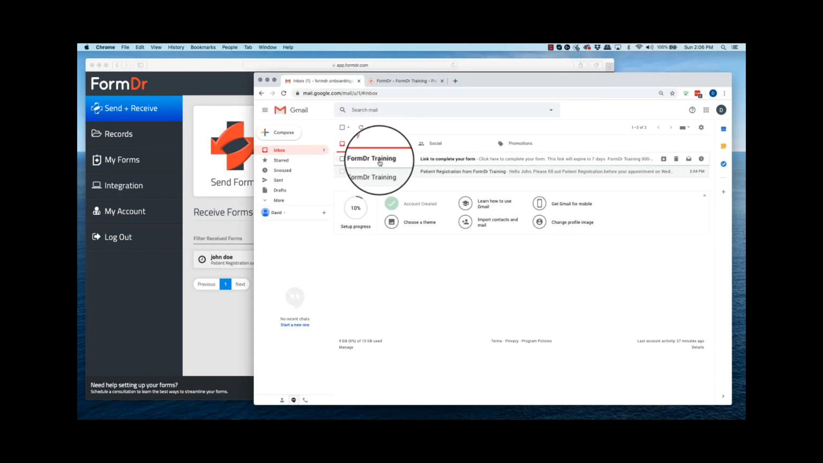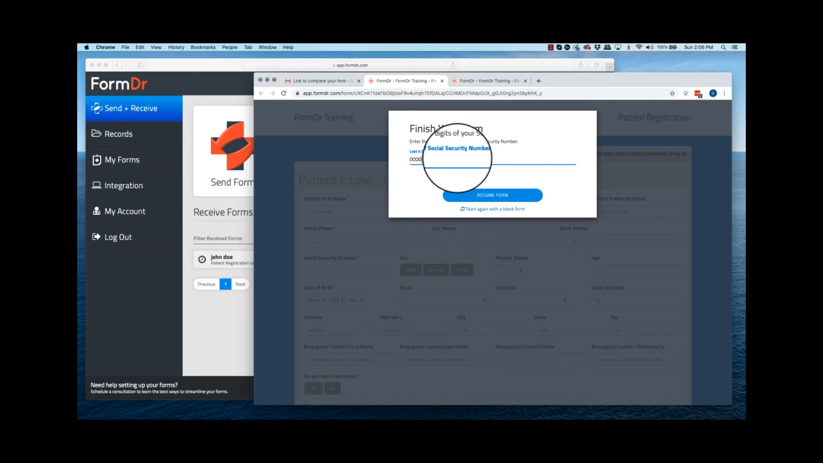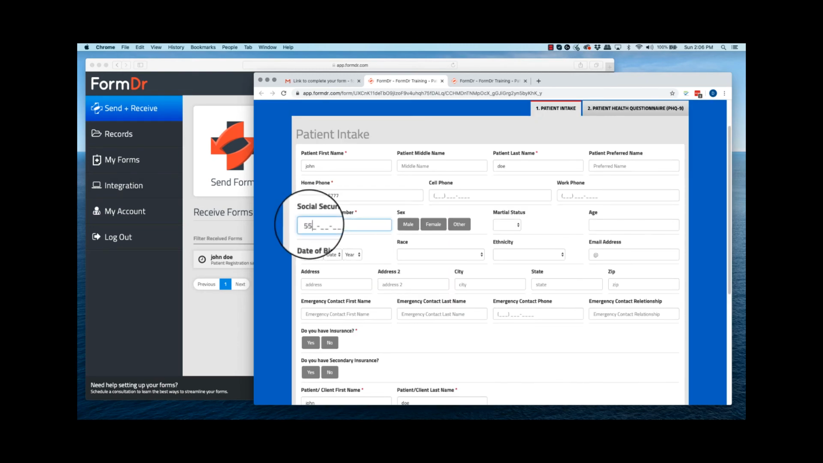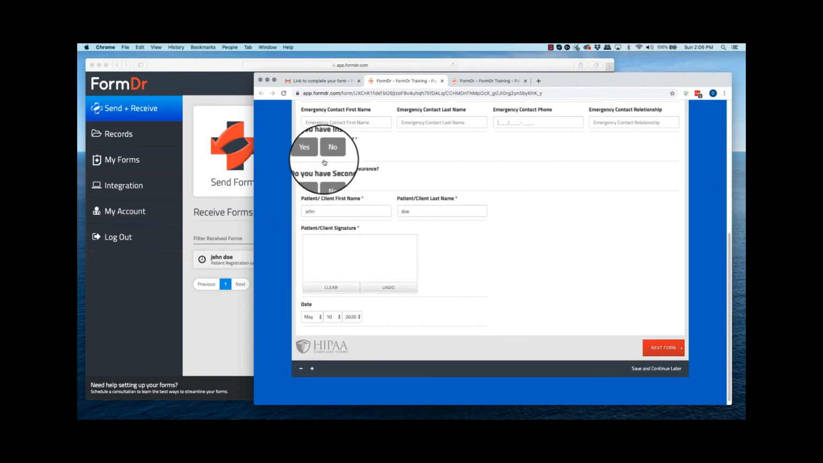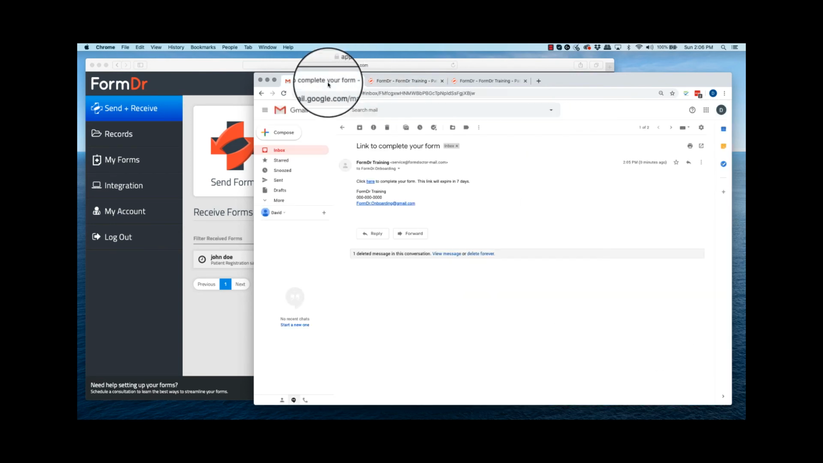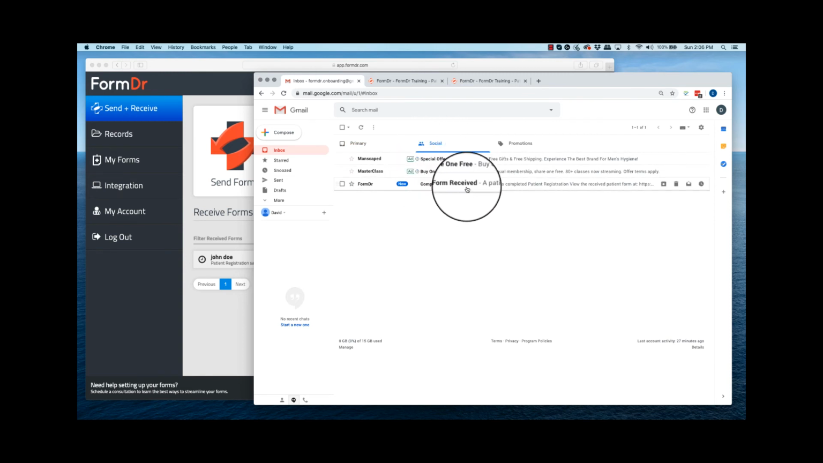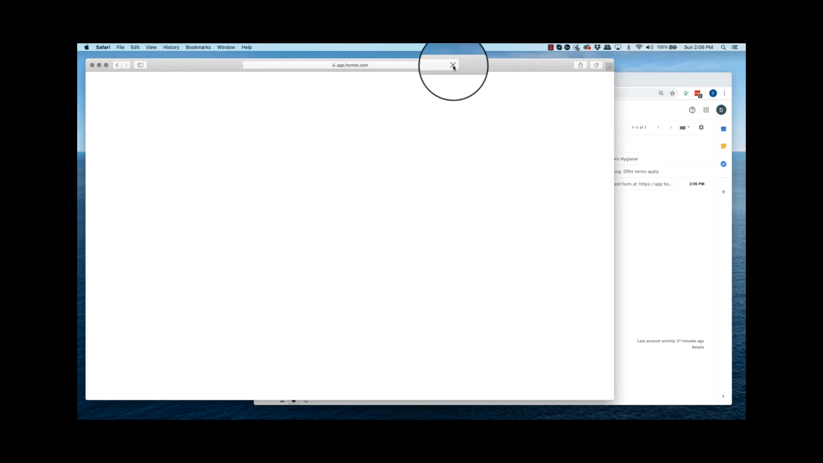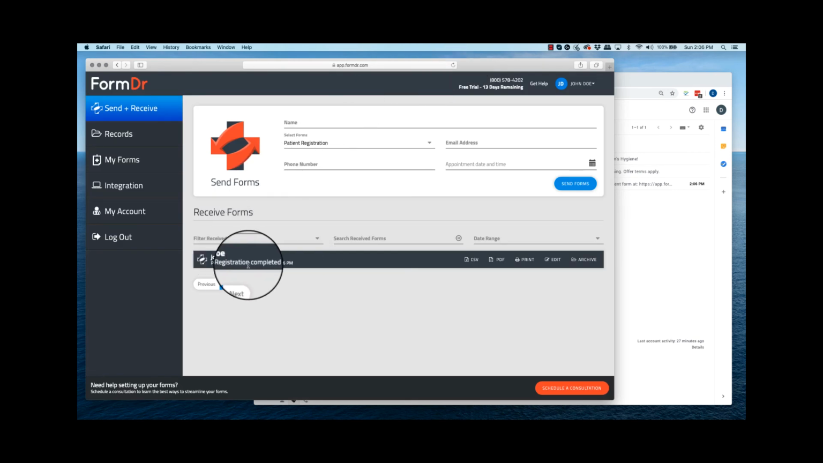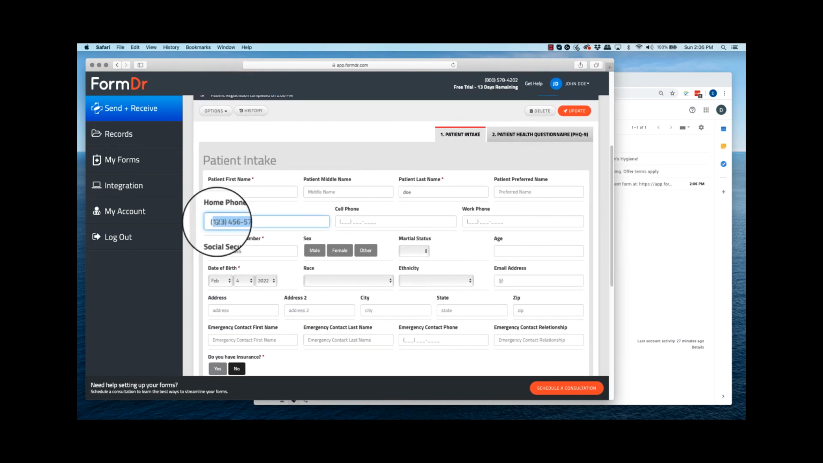So now your patient is going to get the email. It's going to ask them to complete the form. They're going to enter in their password, complete the required fields, sign the form, and click Submit. In your account, you're now going to get an email letting you know that you have a new form. When you log in, it's going to change from gray to dark blue, and it's going to say that your form has been completed. Again, you can click on the form to open and view everything that's been filled out,